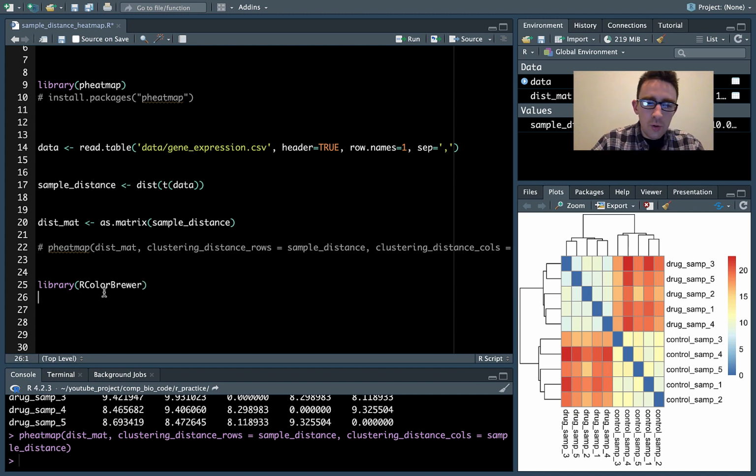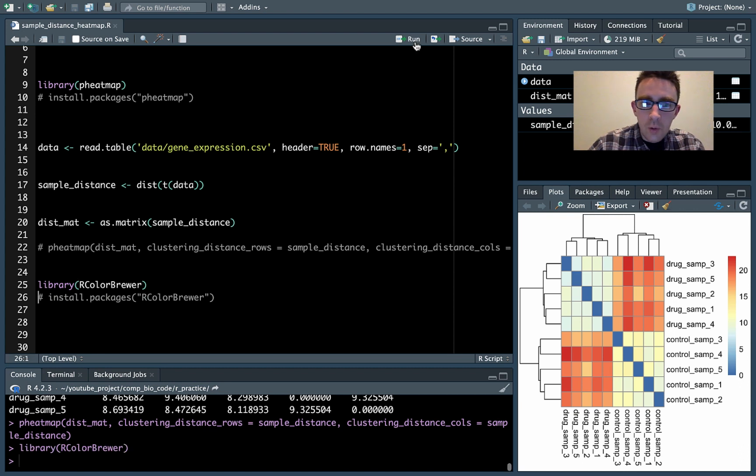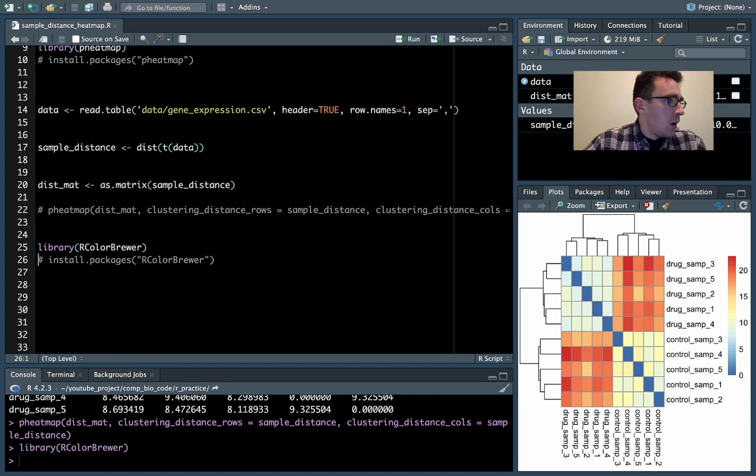And if you need to install this, it's going to be install.packages, and then just the name of it. If you have to install it, just put that in the command line. But yeah, I think I already have it installed. Yep. Okay, so then we're going to choose a color scheme basically. So I'm going to say colors equals